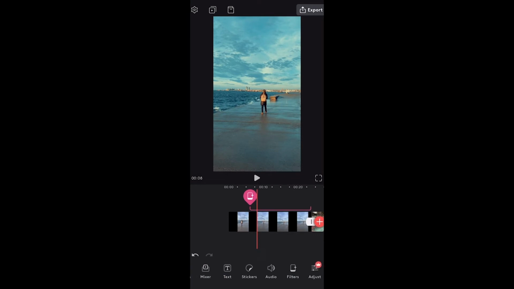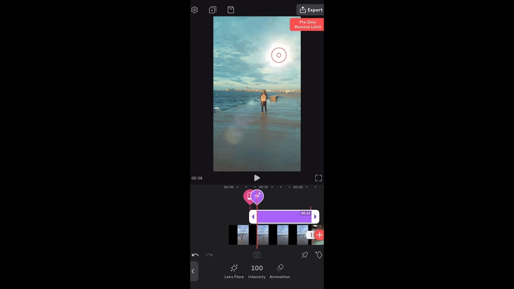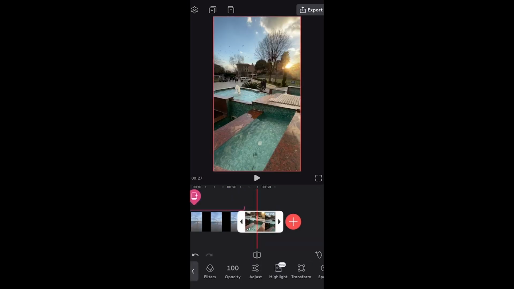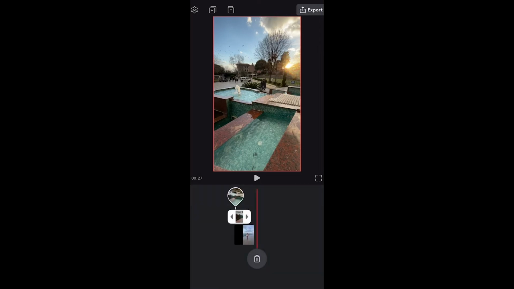In the free version, there are also available some effects like lens glare, kaleido, vignette and film grain, and some more in the glitch section. I personally don't really use them. Now, if we select our layer, there are functions as filters again, opacity, we'll need it when working with more layers,